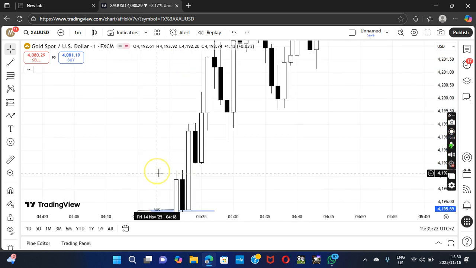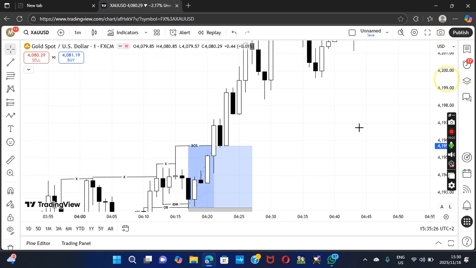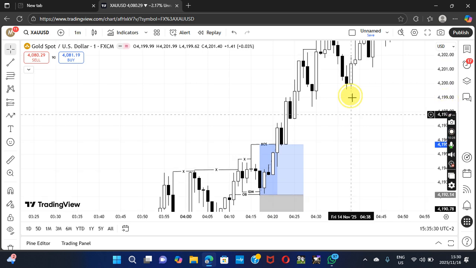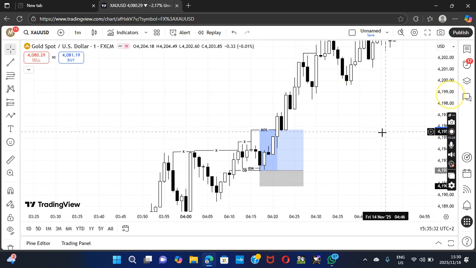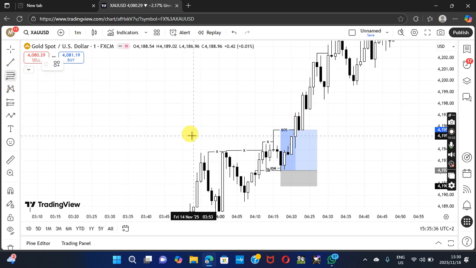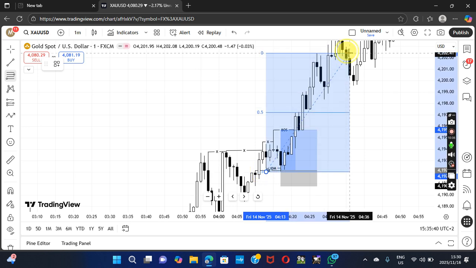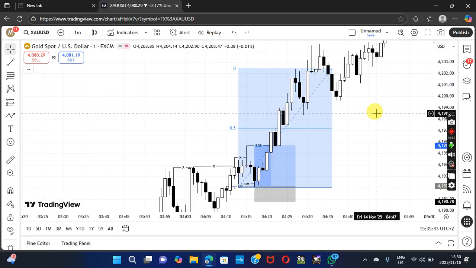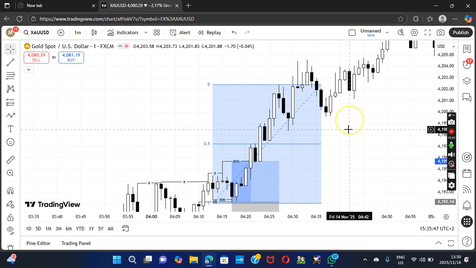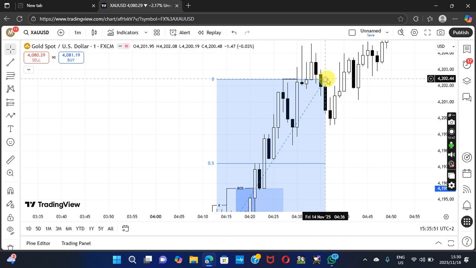And then let's continue to the upside so that you can see what was going on before we go to the downside again. We have a break of structure starting from here, and then we have another break of structure right there. It's on our premium zone, so it doesn't count as a break of structure. It only counts as our